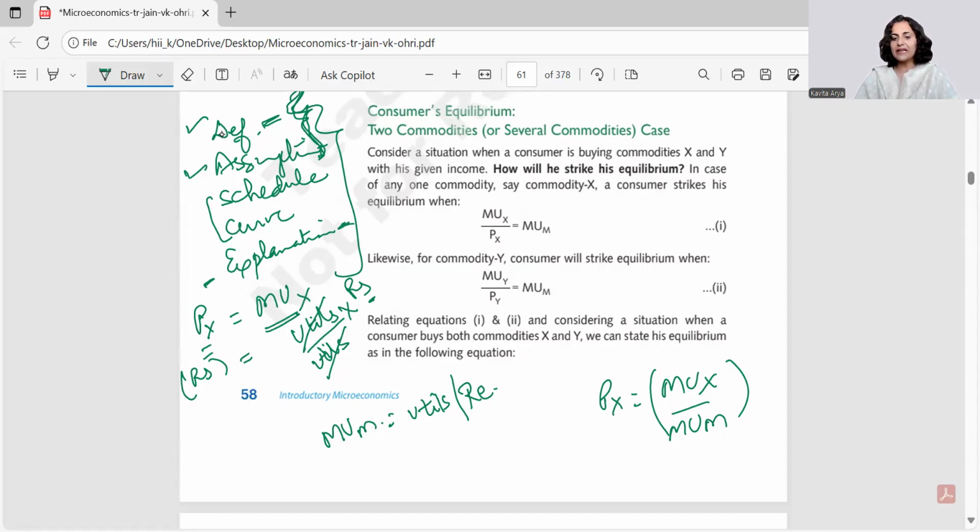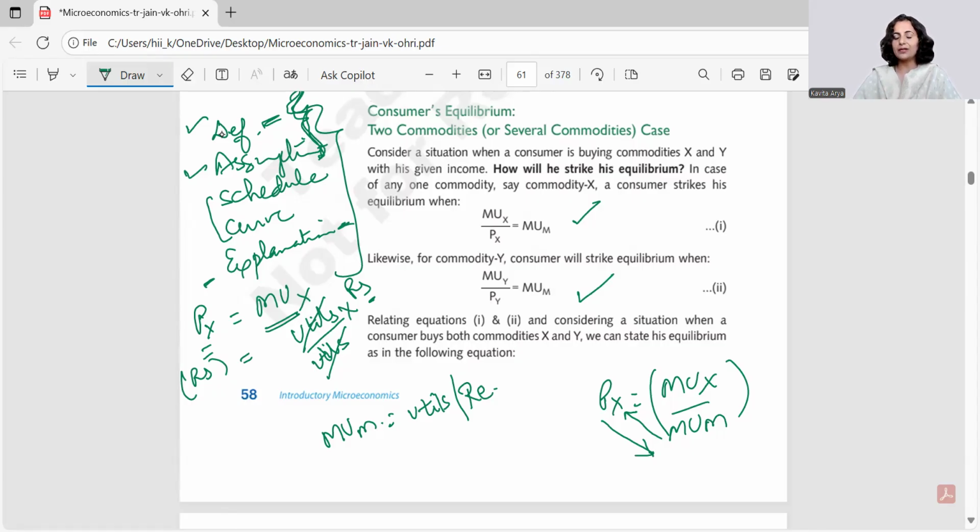Now, from this very expression, what am I trying to do for the two commodities case? I'm just trying to eliminate MUM here by putting Px down. So what do I get? I get MUx by Px is equal to MUM, and this is my first statement. And yes, because it's a two commodity case, I'm writing exactly the same statement for the commodity Y. Here it is X, so here it becomes Y. So I have these two equations, MUx by Px is equal to MUM and MUy by Py is equal to